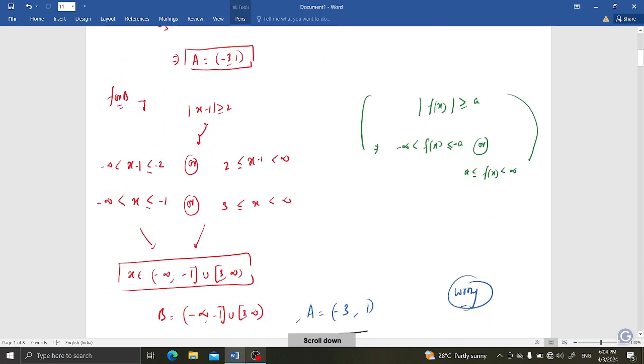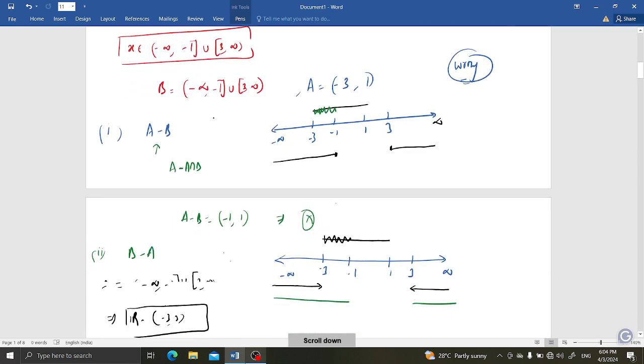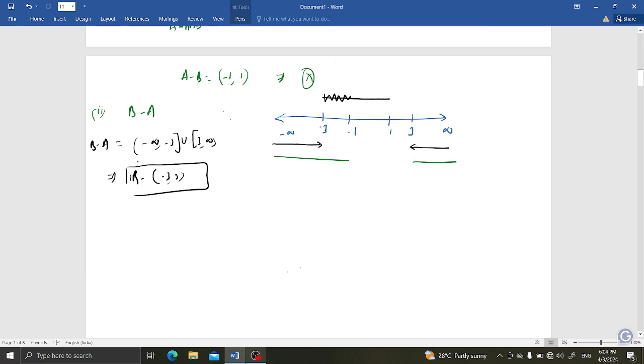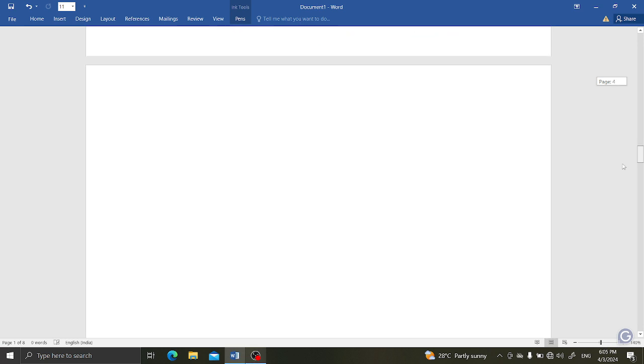Immediately. If we have an MSQ, then in an MSQ we need to check all 4 options, A, B, C, D. If this question came in MSQ, then we need to do the same thing. Third we need to check, fourth we need to check. That's your homework. You need to check the third one and the fourth one. Actually, third and fourth are both true, that's why we need to discard them. Now the next question is,